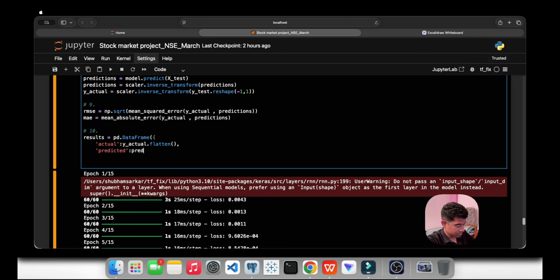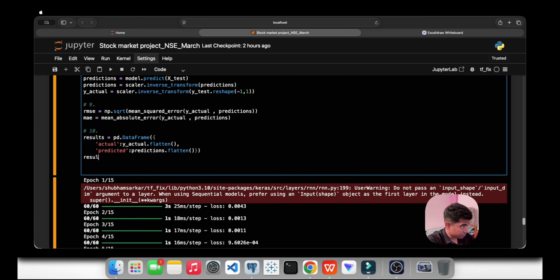We will do predictions dot flatten. ठीक है, like this. ठीक, that's the result. Okay, so right now for that we have to take care of this as well.